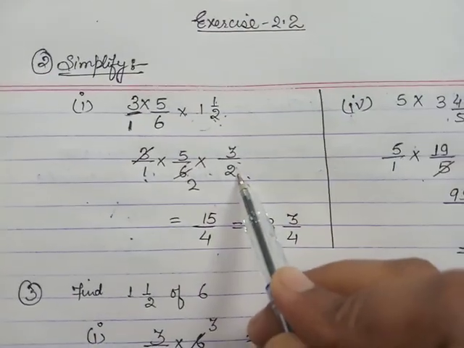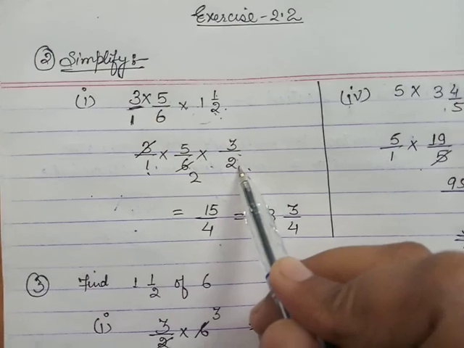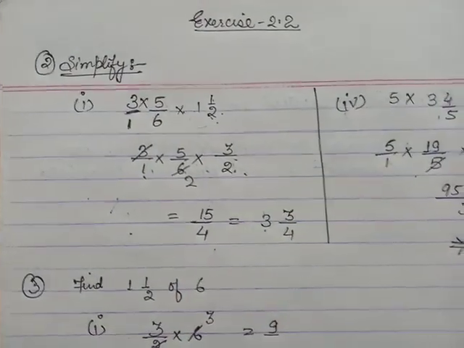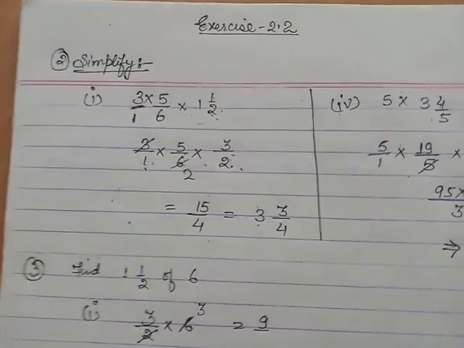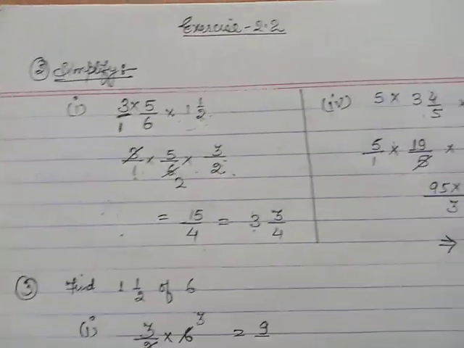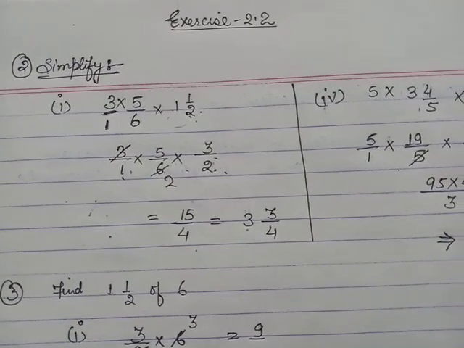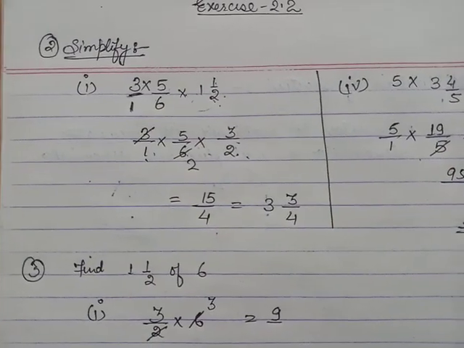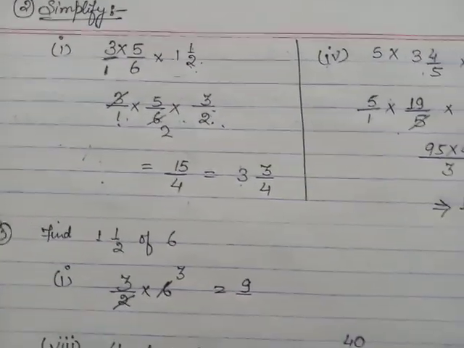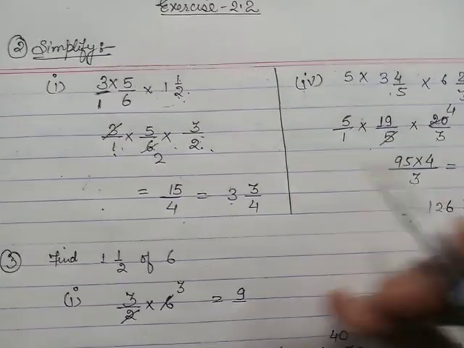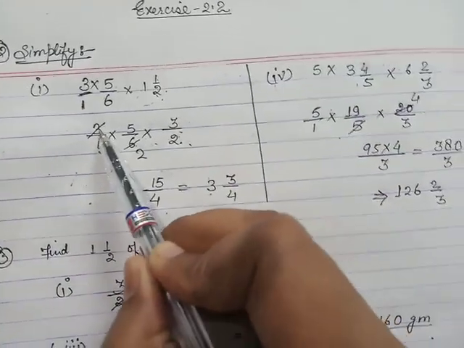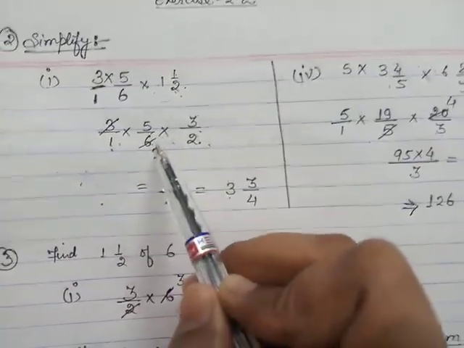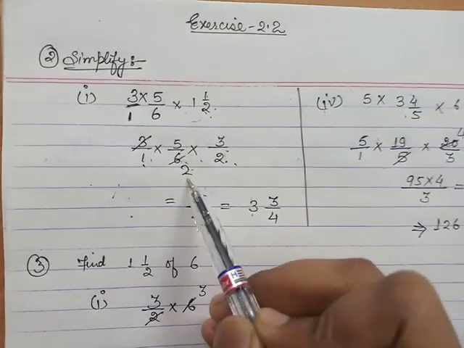Now we will cancel off those numbers which can be cancelled. Here you can see that we will cancel only between numerator and denominator. No cancellation will occur between numerator and numerator or denominator and denominator. So we will just cut the values between numerator and denominator. Here 3 is the numerator and 6 is the denominator, so it can be cancelled off. 3 cut 6 gives the value 2.